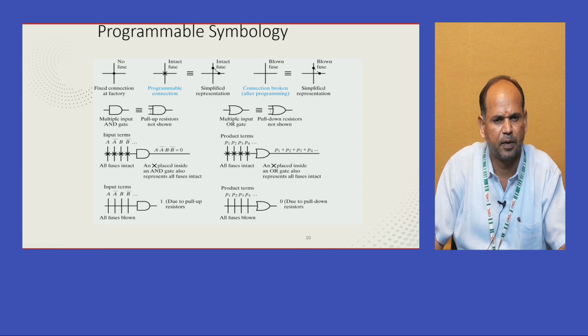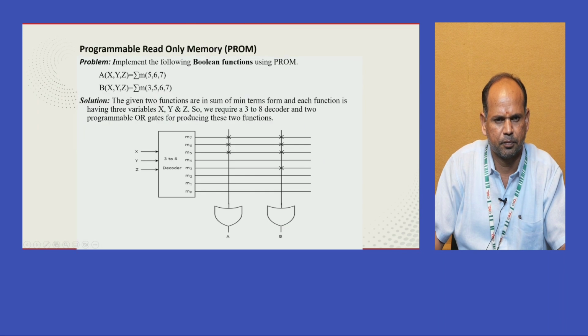So here we need to consider these two symbols only. That is, I used to call them the dot and the star. Star means the programmable connectivity, dot means without the programmable connectivity. That's a fixed connectivity. So for example, here